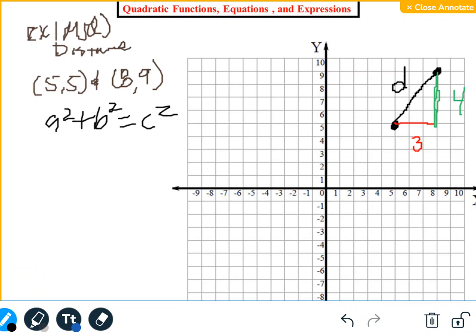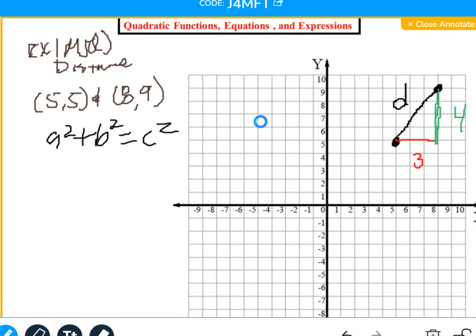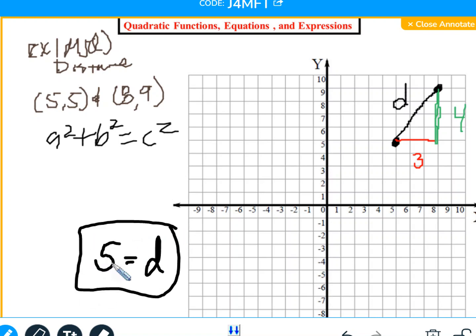I'll give you guys time to finish that. And go. So I think we got it, yes? So, what'd you get for D? 5. Hands if you got that. That is correct. Okay. Now, just to make sure we understand what we're looking at, we're using the Pythagorean theorem